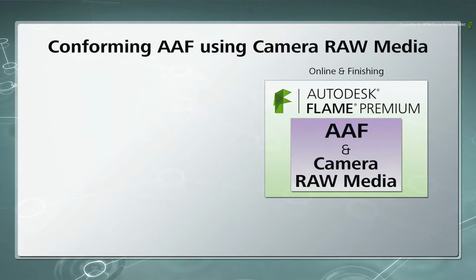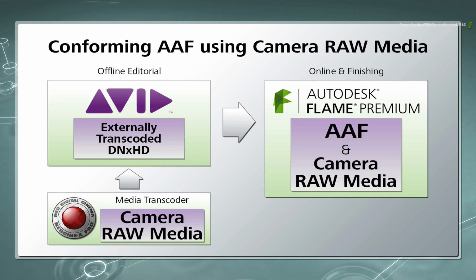In this video, we're going to look at an Avid AAF conform using Camera Raw Media. However, the offline editorial was produced using a separate transcoded version of the original media using a third-party transcoding tool. This will present a set of challenges when conforming an AAF because it does not reference the original Camera Raw